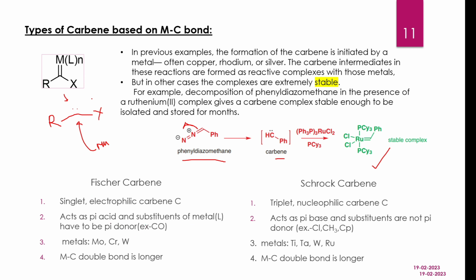In this case, the carbon will be positive and the metal will be negative. So to stabilize the negative charge on the metal, the ligand on the metal has to be pi